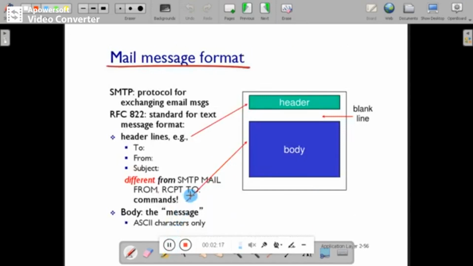In this diagram you can see the format of the SMTP packet. The SMTP message format contains a header and body. Header lines include to, from, subject, and the body of the message includes some ASCII characters depending on the message.